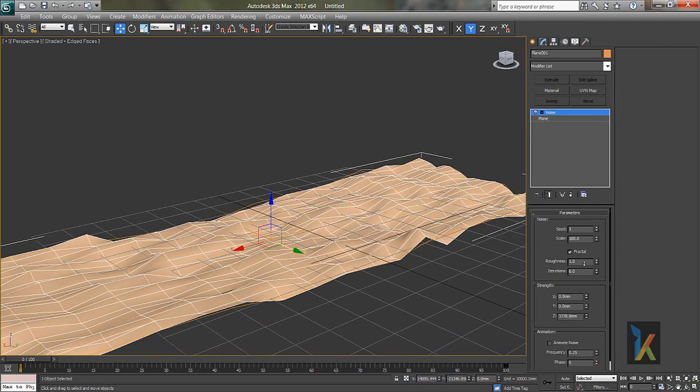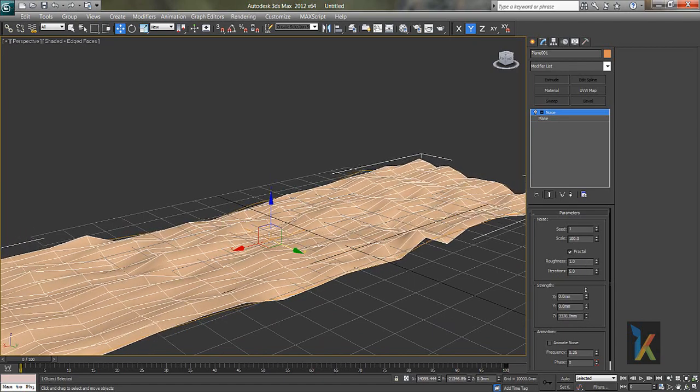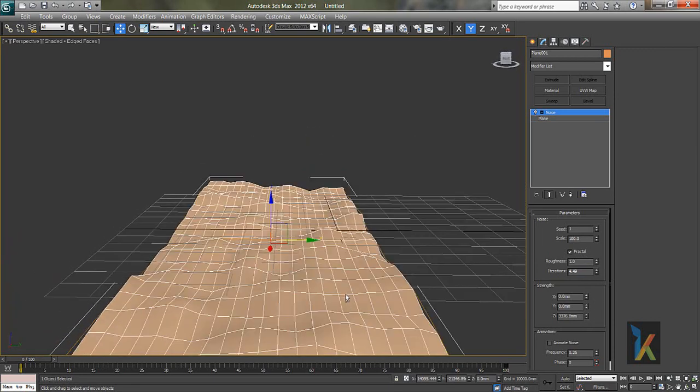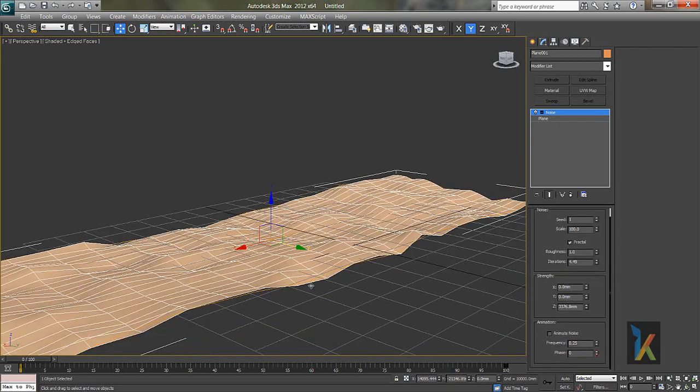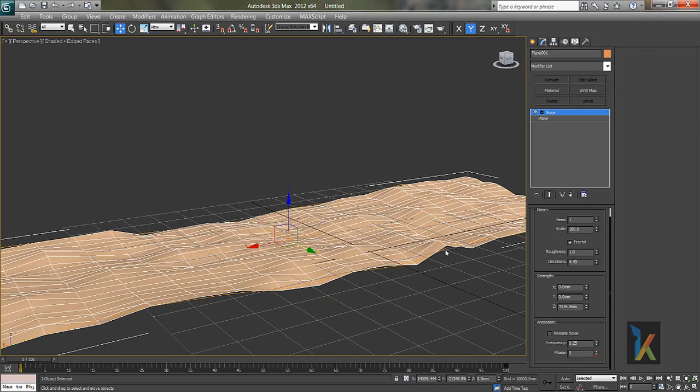You can increase the roughness as much as you want, and the amount of roughness we can bring down like this. Or you can increase or decrease the iteration, it gives a smooth bumpiness, something like this. And of course there is a nice option over here, but right now I just want to show you the primary use of this modifier. So I'll just click and show you what it is.